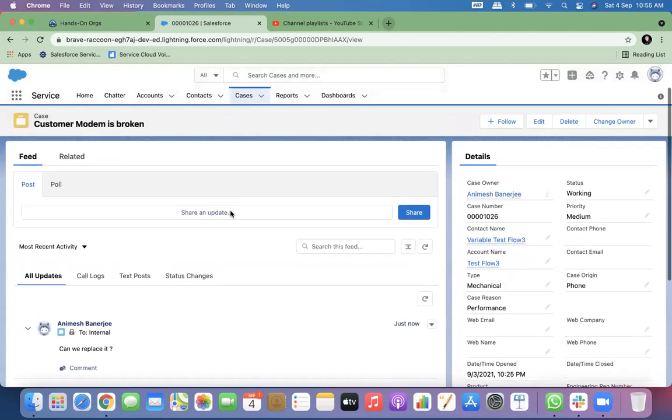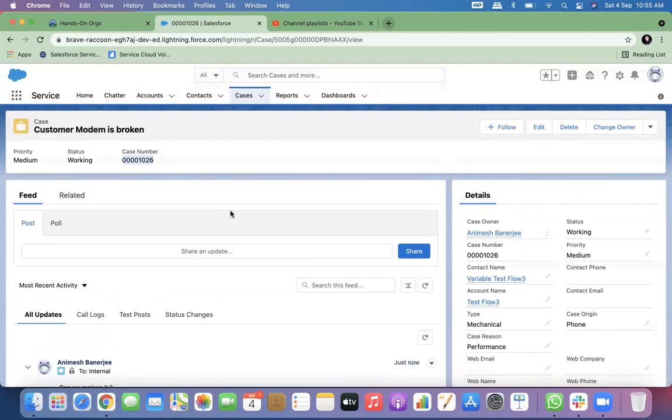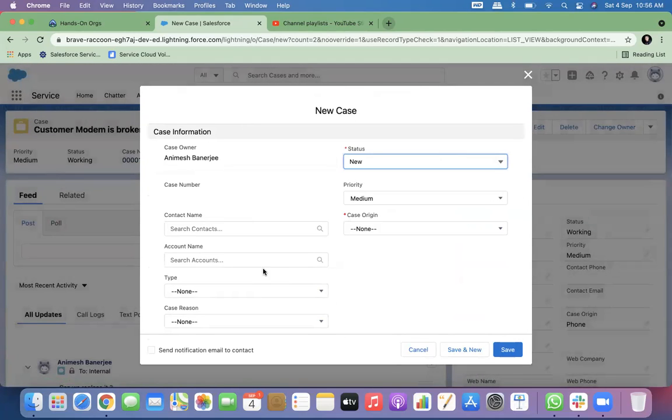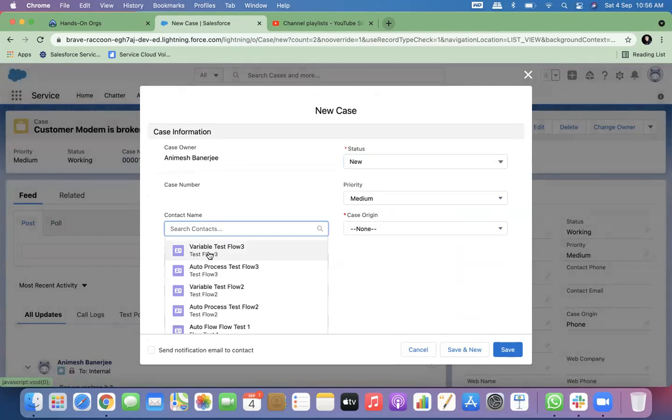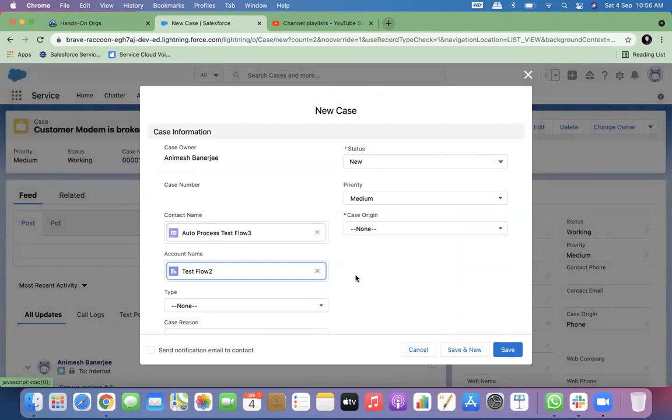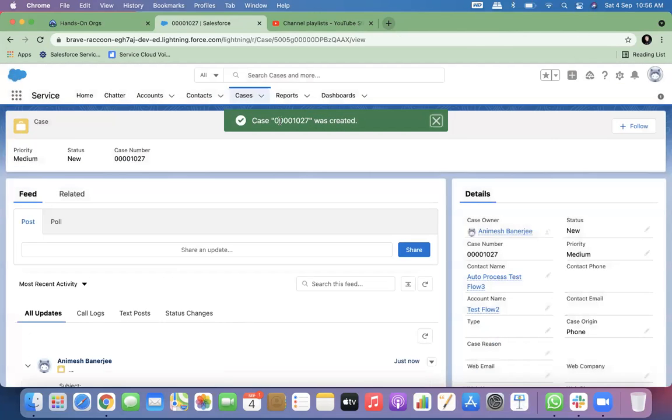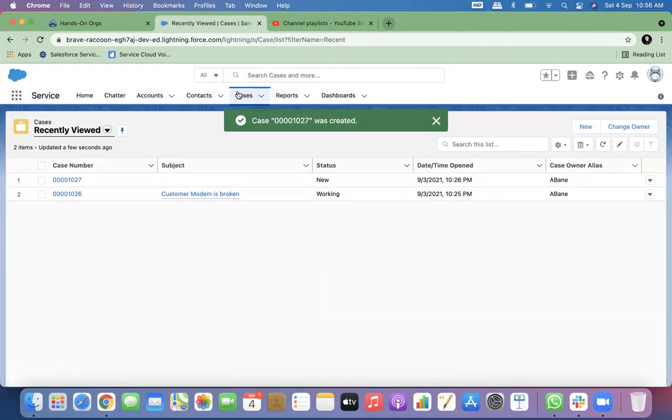I can work on this. I can talk to customers. There are many ways of doing it. But when you are working on multiple cases at the same time, so many people are calling, and probably you are putting one call on hold, and you are working on another case. How will you jump from case to case? This screen is not good enough for you, right? Think about that situation of a service representative. What will he do? He will go to a new case. He will create another case. Let's create another case. So now I am working on 2 cases together. I have to go and click so many times and jump between these 2 cases, right?